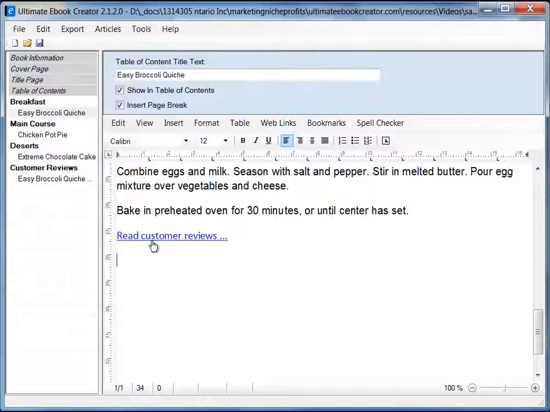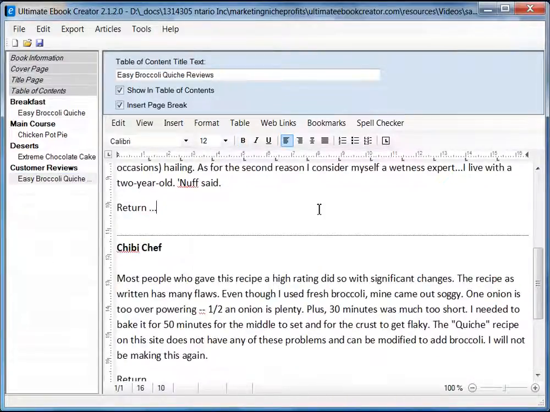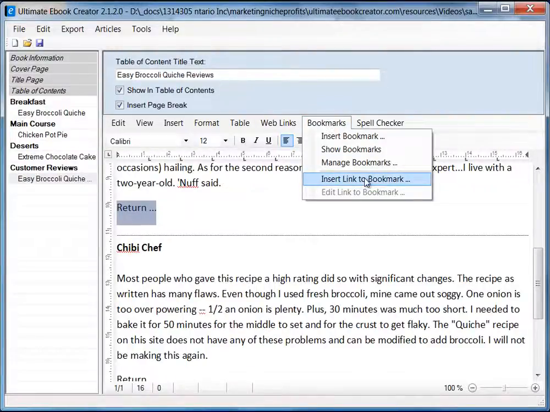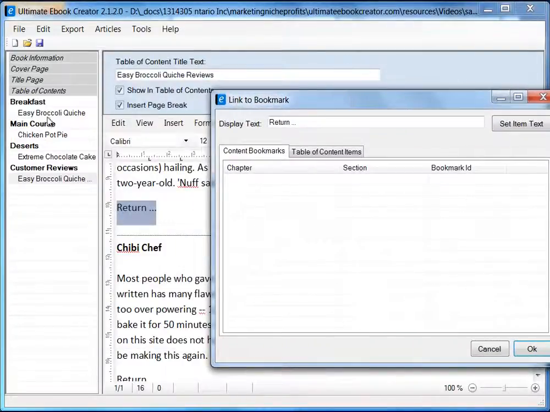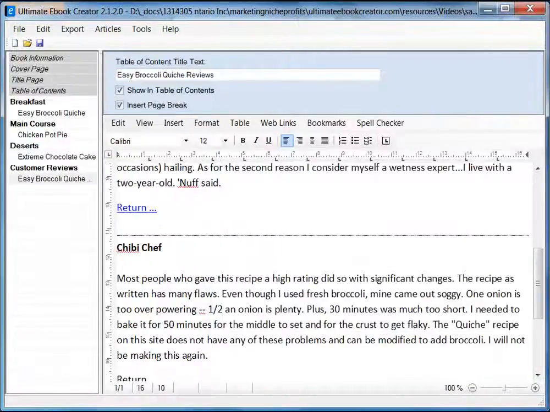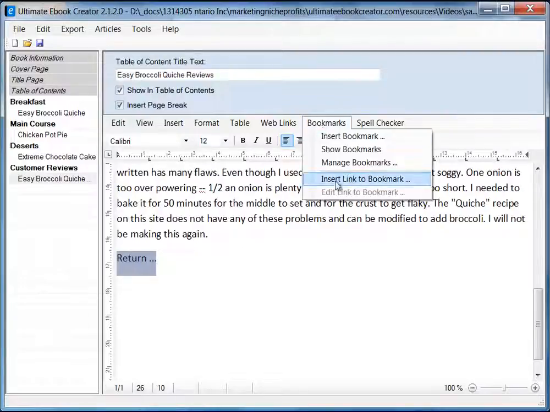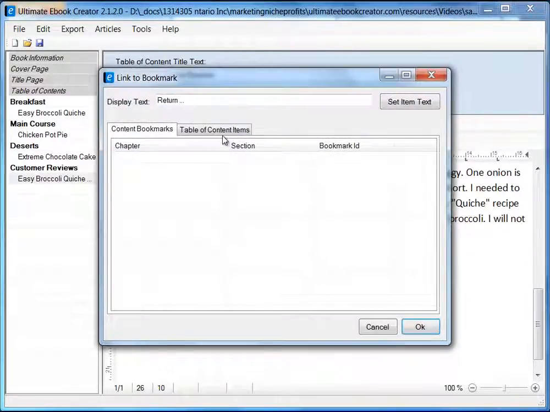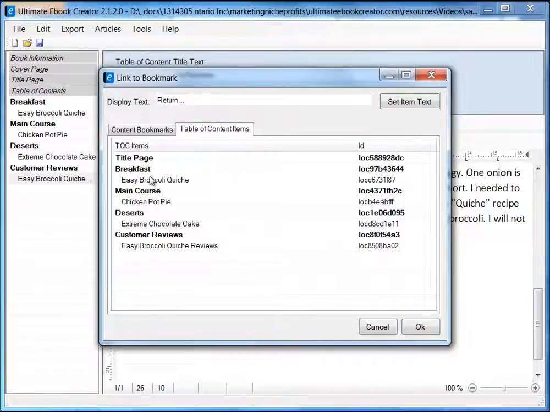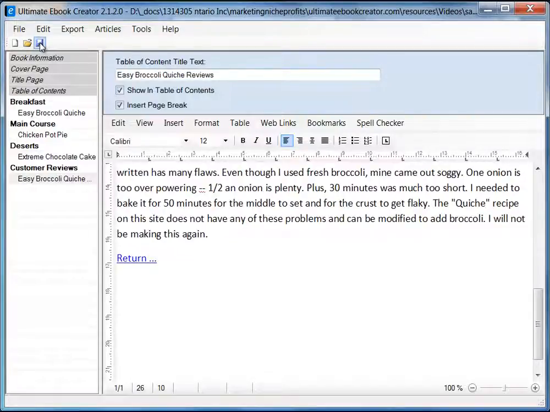Okay, so this, when clicked, will jump to this, and now we need a way of getting back, right? So that's why we have the return. So we are going to highlight the return, go to bookmark, insert link to bookmark, and we are going back to the easy broccoli recipe. Okay, so easy broccoli recipe, click OK, and the same thing down here. We highlight, insert link to bookmark, go to table of content items, and easy broccoli quiche, and that's it. Click save to save,